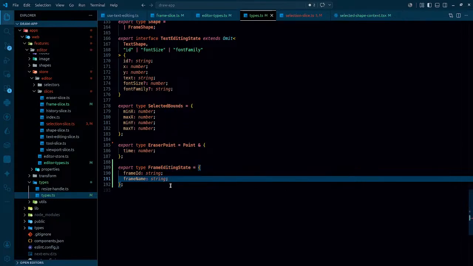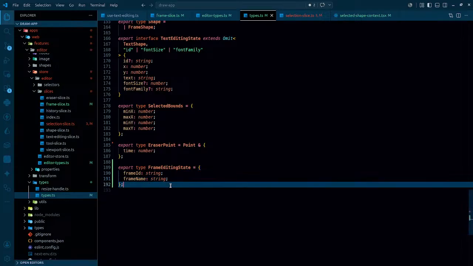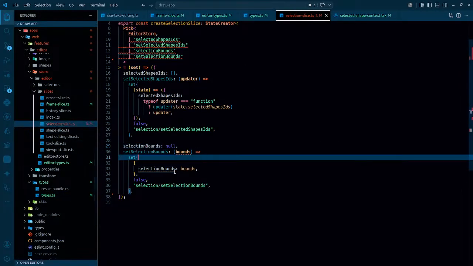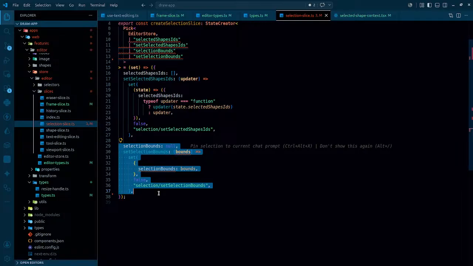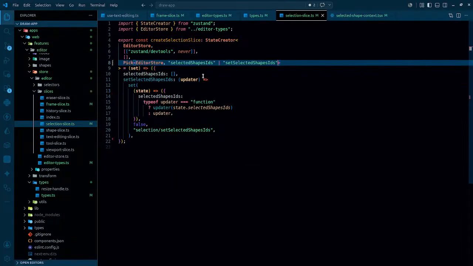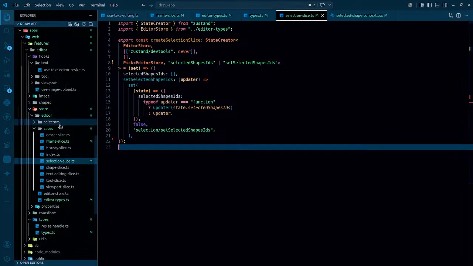Is there any problem with this? Because when we click an image, it will definitely have the frame ID, a shape ultimately, and it should have the name. That's the only thing. And it should have the name, so that when we update the name, this gets updated, and using frame ID we can find and update the name. So ideally this much should be fine. Okay, apart from this, later we can work on it even more. And selection bounds, it's hardly being used, so let's get rid of this. At least this seems a little